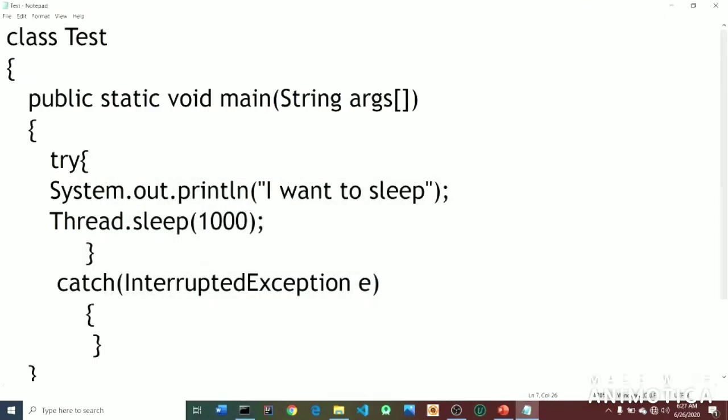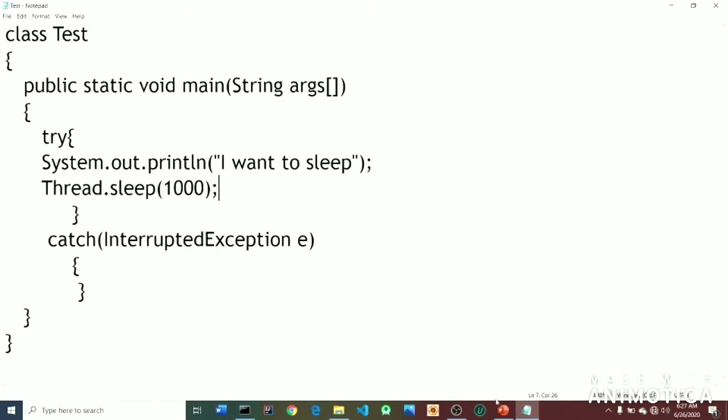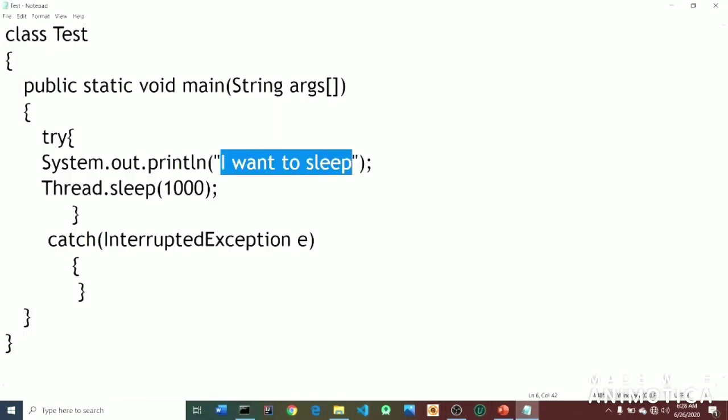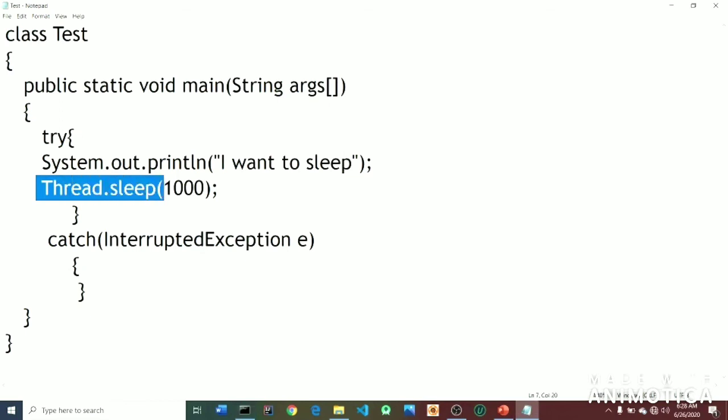What happened here is that in the try block this statement executes first. I want to sleep, so the statement has been printed. This statement runs correctly. Now the problem arises when the Thread.sleep statement executes.